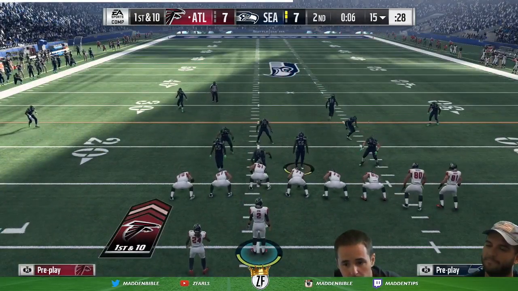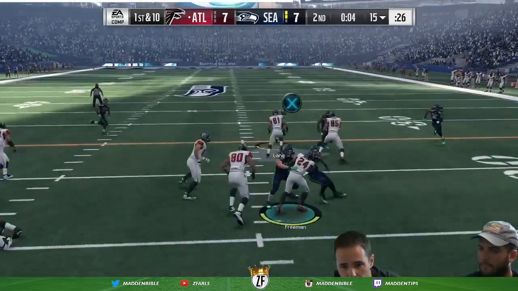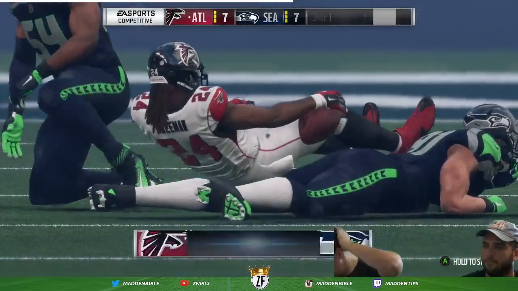Defense really showing respect to the deep ball here, playing off the receivers. They'll run with Freeman here to begin the drive. And a nice gain there as he'll be taken down just shy of the...